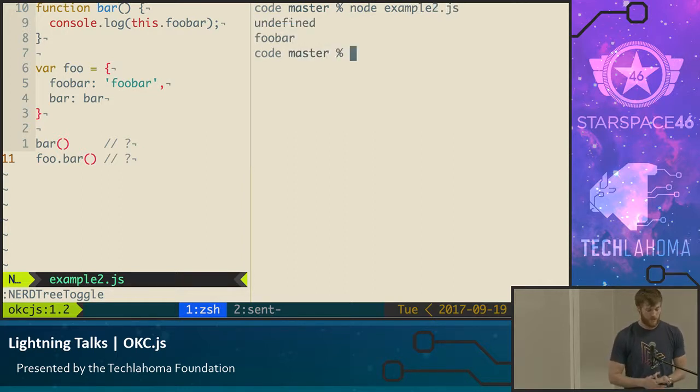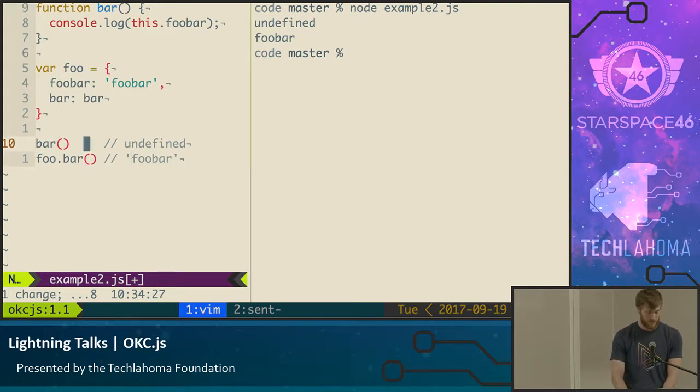The first one, undefined, we're going to call bar. It's going to call this.foobar. Well, foobar doesn't exist on the global this, so it's undefined. But on this line right here, foo.bar, that's going to print out foobar because the bar function is invoked with the context of foo. So when we're inside of this function here, this is referring to foo, which again,